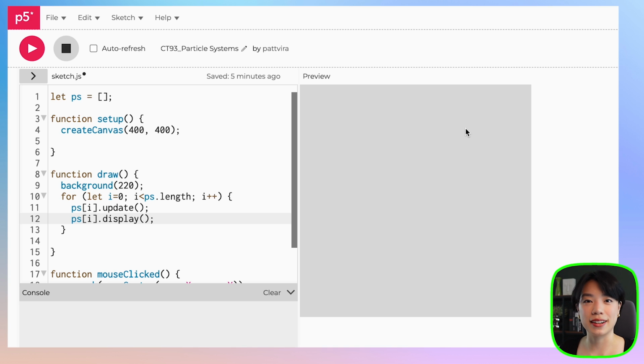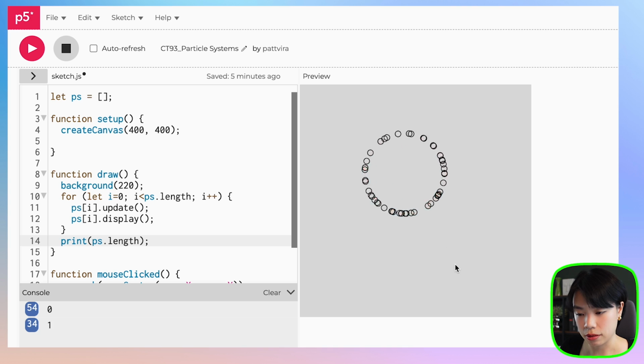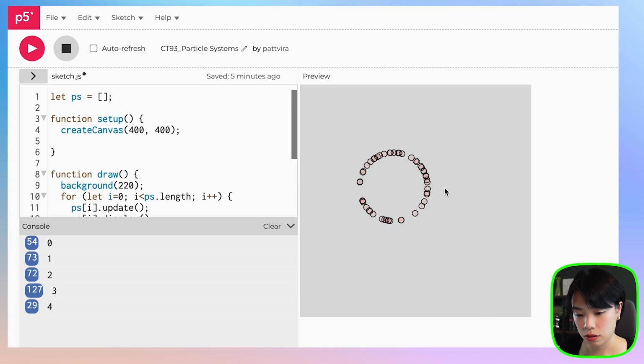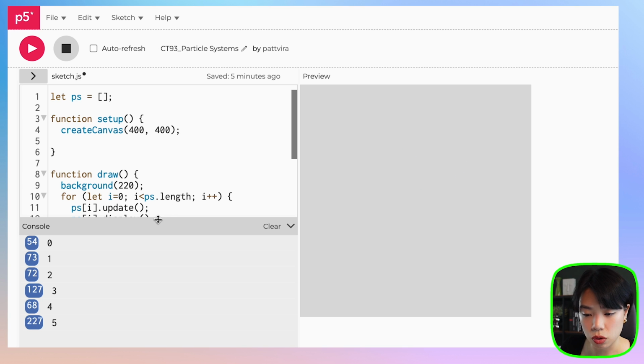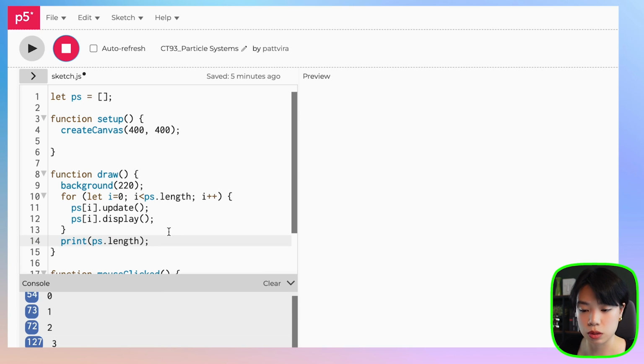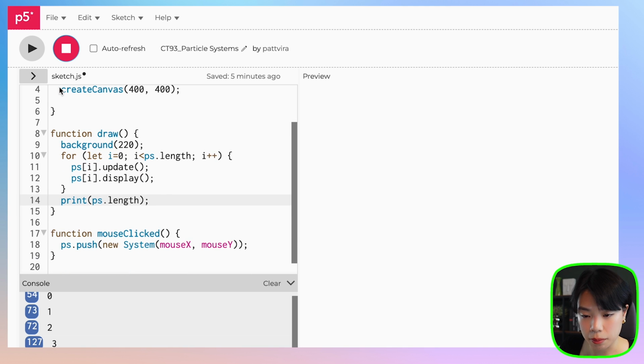So what's the issue here? It's the same exact issue, right? Which is what? Let's print the length of this array. 1, 2, 3, 4, 5. It's gone, but the length keeps increasing. So we want to do the exact same thing, which is we want to remove the system inside this particle system array that is no longer on the screen. So we can do that by,